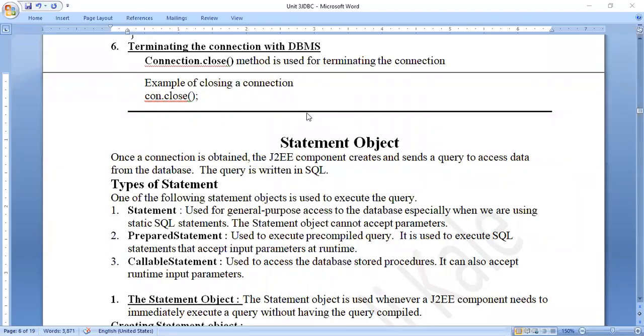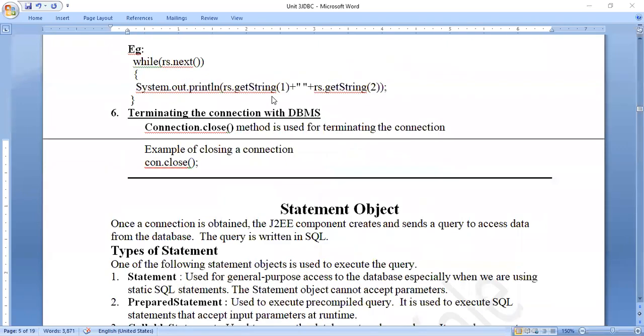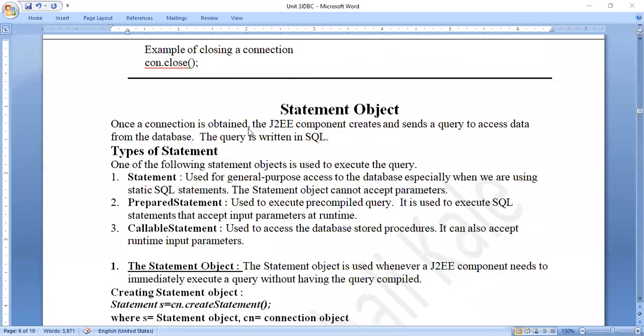So, yesterday, a quick revision of what we covered yesterday. We covered the basics of JDBC. We defined what is JDBC, that is Java Database Connectivity. Then we compared JDBC with ODBC. ODBC stands for Open Database Connectivity. That is the connectivity method that existed before the invention of Java Database Connectivity.